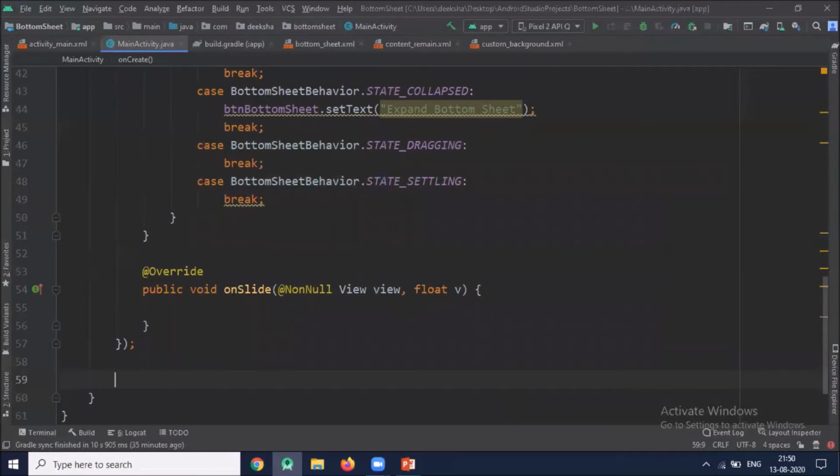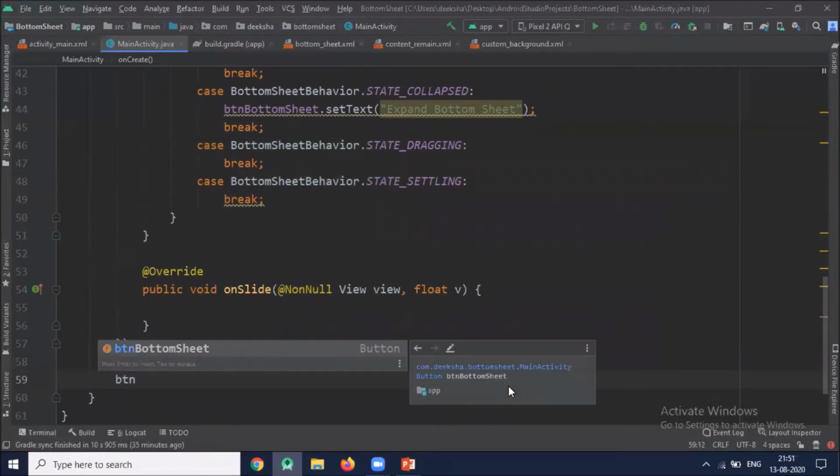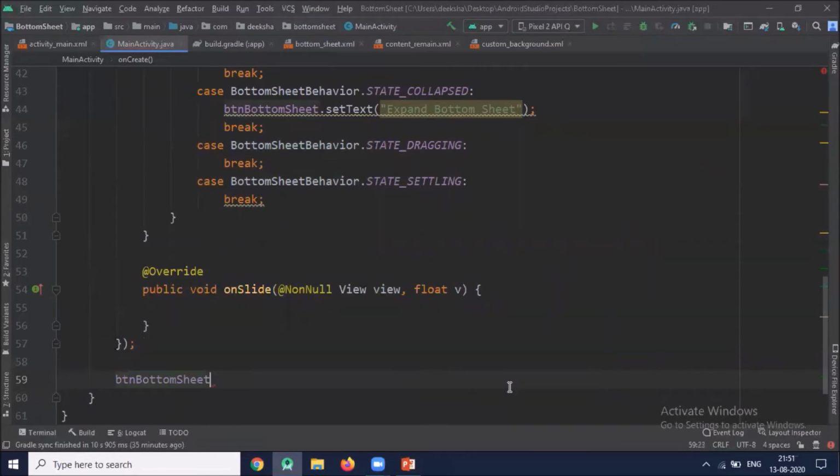So when I click on button, our persistent bottom sheet will be open or close accordingly.